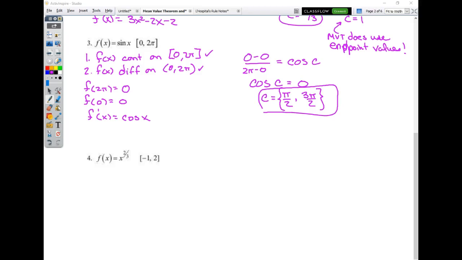All right, so this is our second half of the lecture. If you were not here yesterday, we had introduced this concept called the mean value theorem, and what we had talked about was the idea